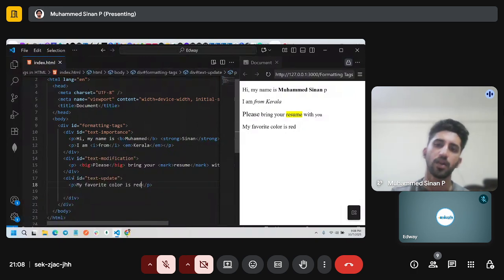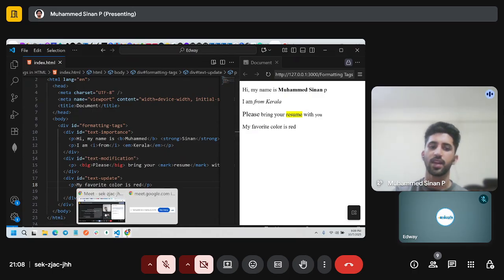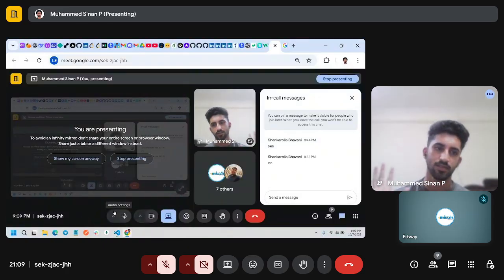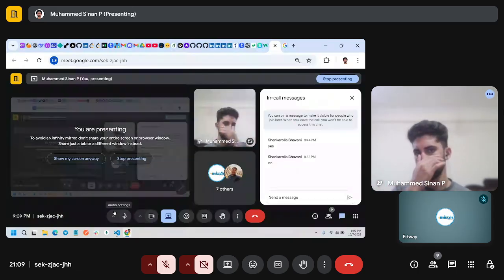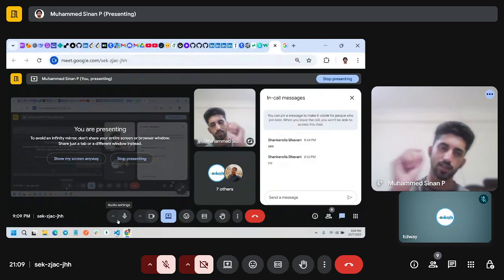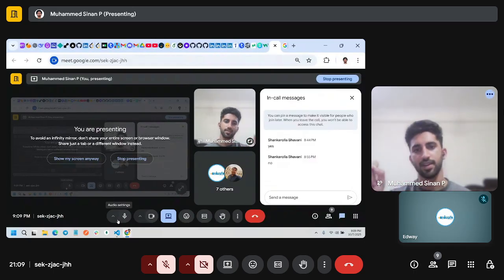In real life, I wrote this in a book using a pen. My favorite color is red, but I want to change it to blue. What will I do? Delete, insertion, I think so. Exactly. Using a pen, we strike that red and write blue.